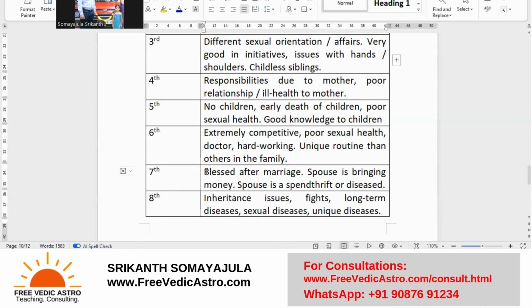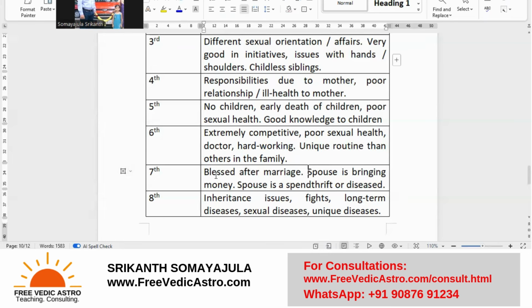They're two different things. With the seventh house, I feel there is not much of a money issue, because money, some way or the other, keeps coming. With the sixth house, this person is trying to struggle, because the sixth house is the routine. Struggle happens there. Right? Seventh house doesn't show much of a routine. It actually shows the opposite side of the people. So the spouse is bringing money. The spouse is a spendthrift or a diseased person, or she's a doctor as well. Okay, because it's the doctor thing that gets into the Mercurian house. Or the wife is not doing well in health, right?